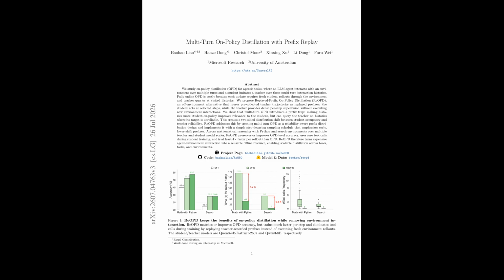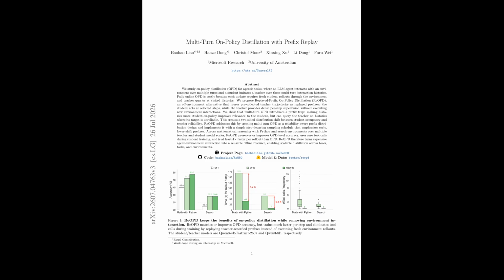Second, if the prefix is teacher-forced, in what sense is this still on policy? The distinction is subtle but crucial. On policy in this framing means the tokens being supervised are sampled from the current student. When the student generates its action at the supervised step, each token in that action conditions on the previous tokens the student itself just produced. So the loss is computed on the student's own distribution, matching what happens at inference. The prefix that came before is teacher-forced, but the specific step being trained is genuinely student-sampled. It's a hybrid, enough on-policy signal to fix the exposure bias problem, but with a teacher-anchored prefix to keep teacher